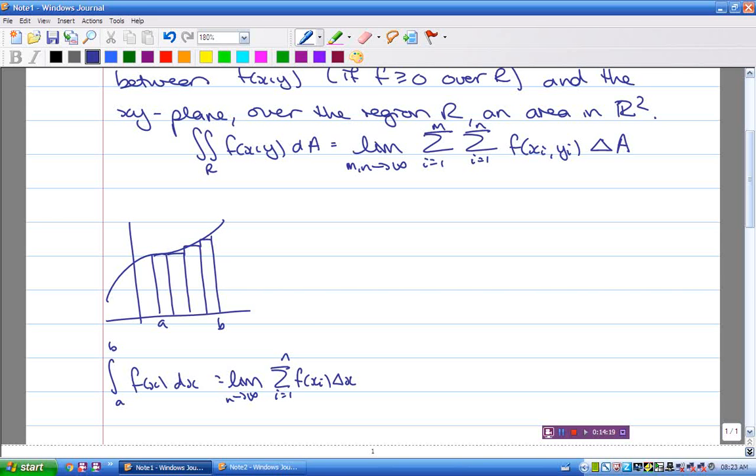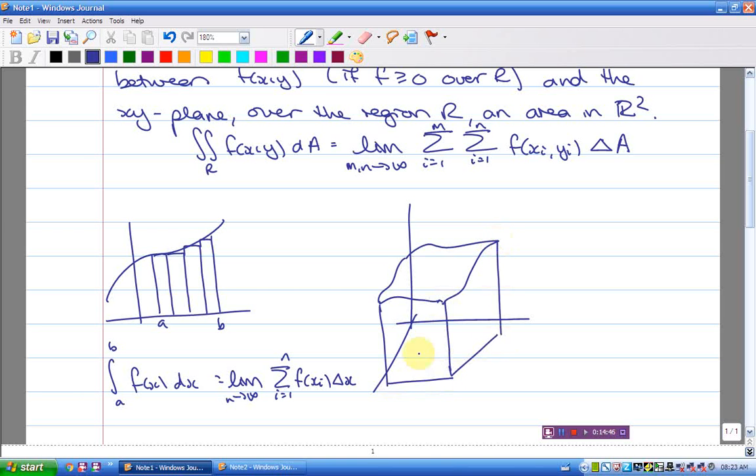So you chop it up into rectangles. We're going to do the same thing now. We're just going to increase by a dimension, and instead of having these flat rectangles, we're going to have sort of rectangular pillars. So what if we have some piece of surface? Here we've got some piece of surface floating in the air, and what we're going to do is divide up